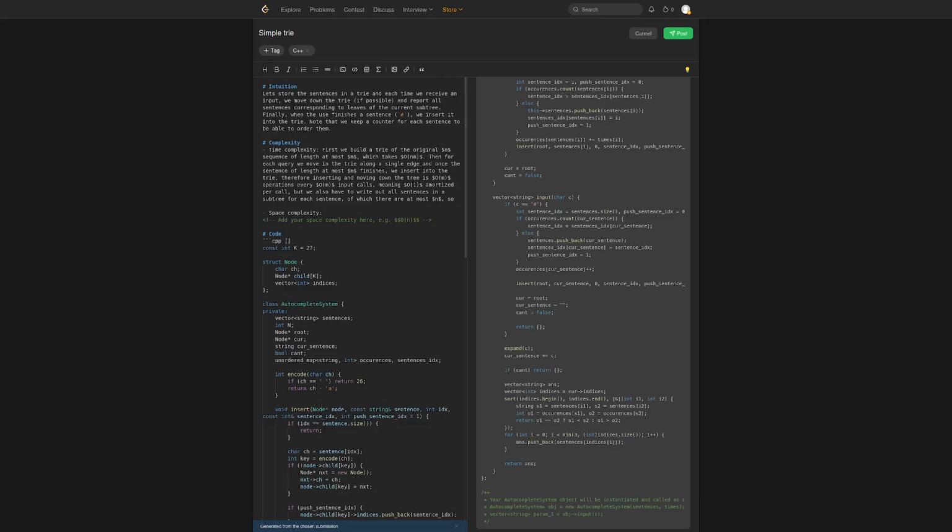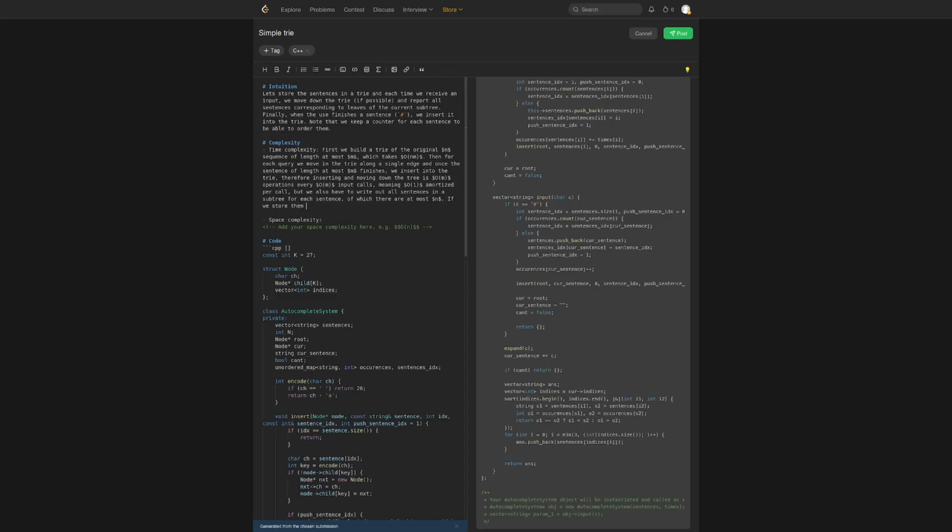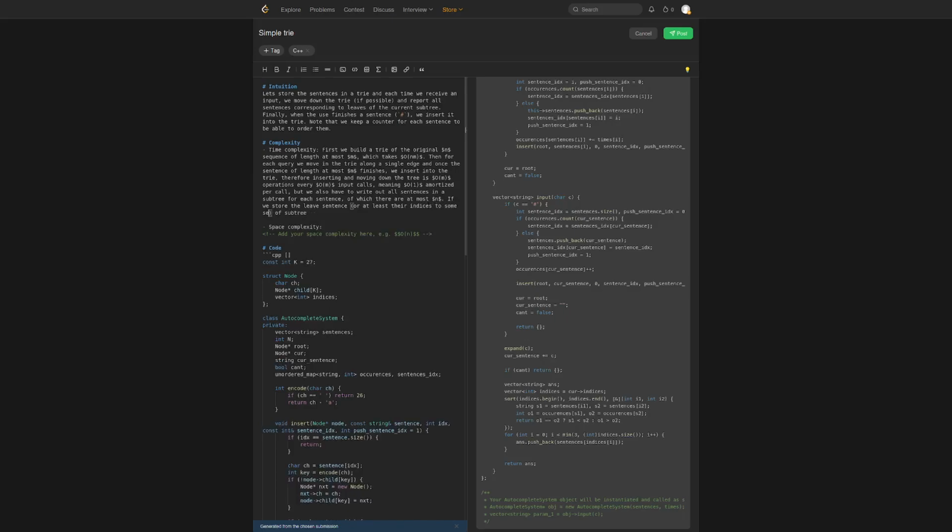Oh, well, what's the worst case? Well, we write out all the sentences. If we store them in each, if we store the leaf sentences of subtree, or at least their indices to some sentence vector, if we store the leaf sentences of each subtree in its root, we